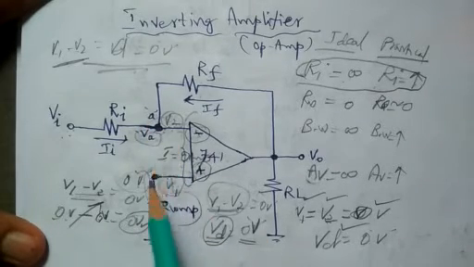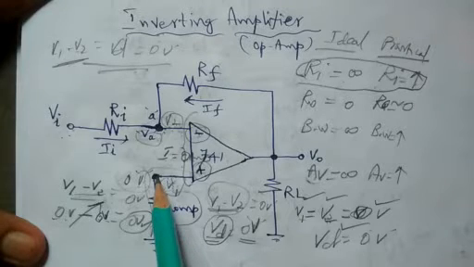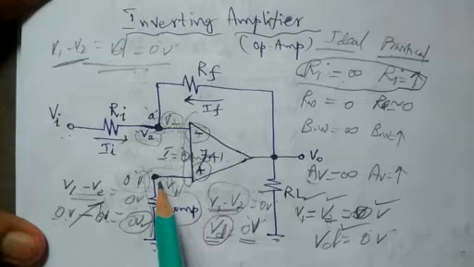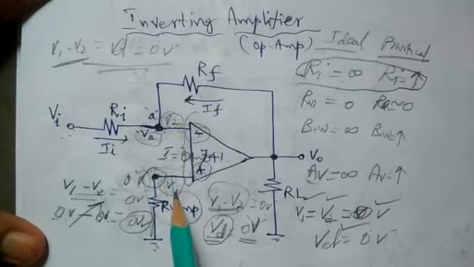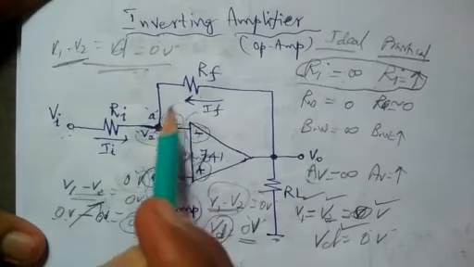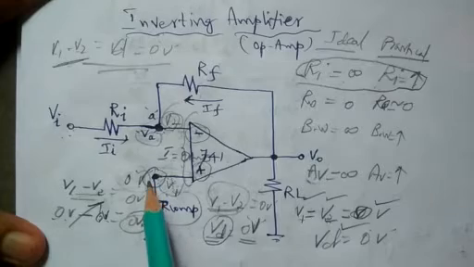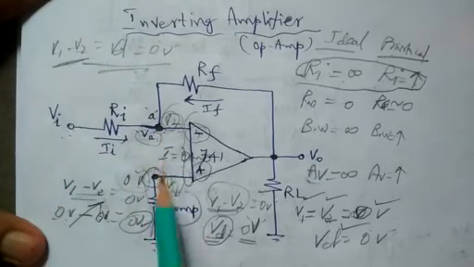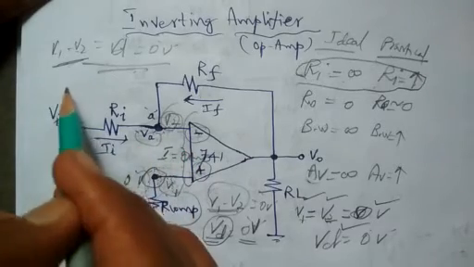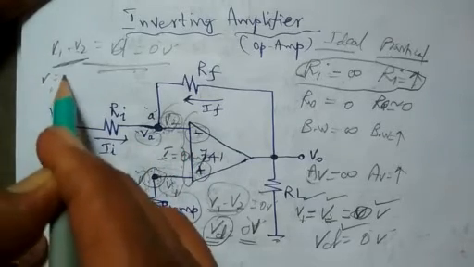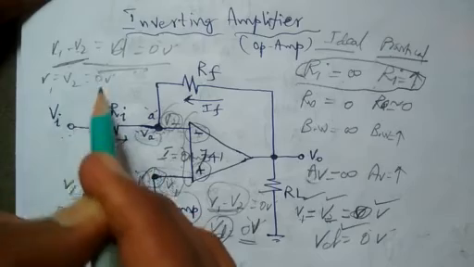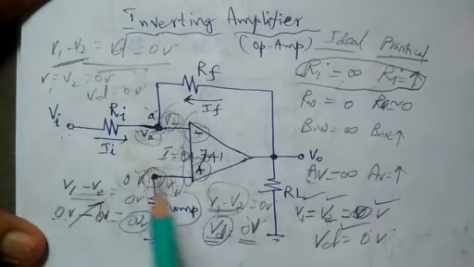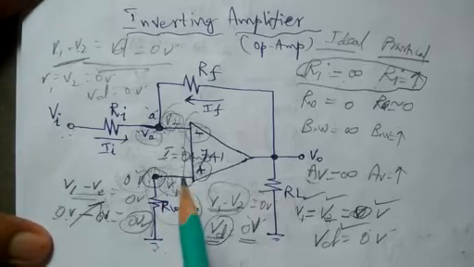Why this op-amp consumes 0 current is because the op-amp's input side has high input impedance. So to satisfy these things, taking the non-inverting arm as the reference arm, the reference arm potential V1 must be equal to the potential at V2. V1 is 0 volt, so V2 must also be 0 volt to satisfy VD. The difference between these two must be 0. So V1 equals V2 equals 0 volt, because VD equals 0 volt. So the op-amp's initial conditions are satisfied.